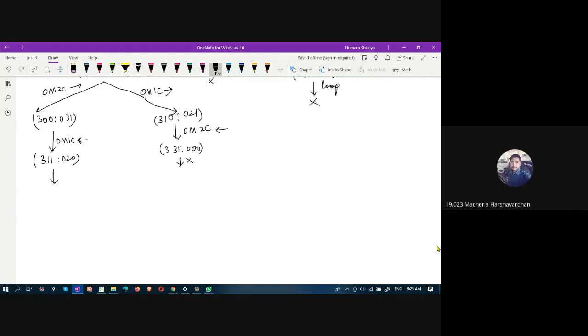No idea, ma'am. From here you see there are 3 missionaries, one cannibal, one boat. This time right to left we need to go, right? No, left to right. See, the boat is at left. So on the left side we have one cannibal and 3 missionaries. Sorry, this one is 311. So left to right.